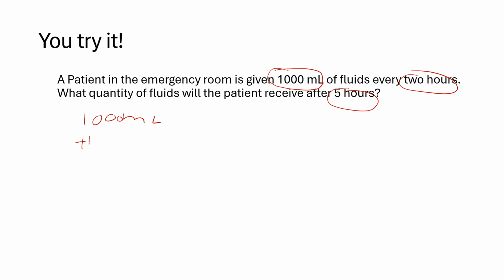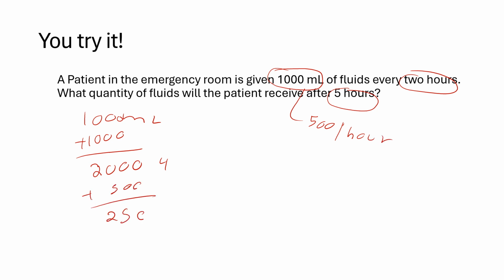Well, we can just multiply this, or add another one, because now this is how much he gets in 4 hours. Half of 1,000 is 500. So he's actually getting 500 per hour. Add that 500 down here. And in 5 hours, he is getting 2,500 milliliters. And that is